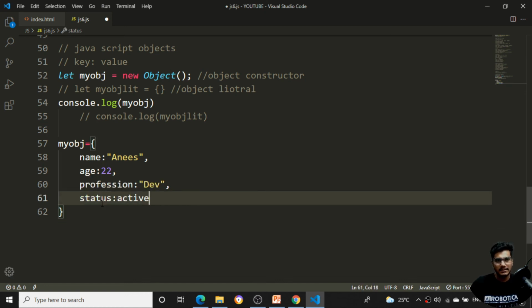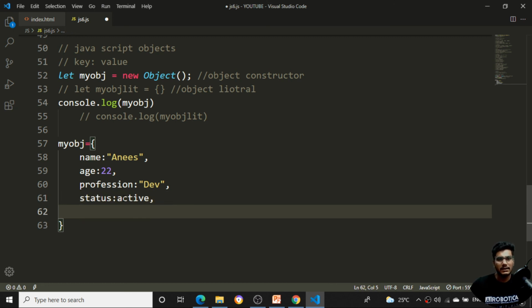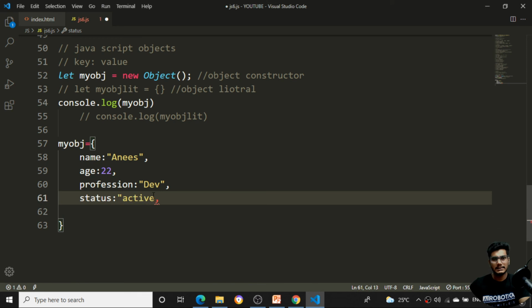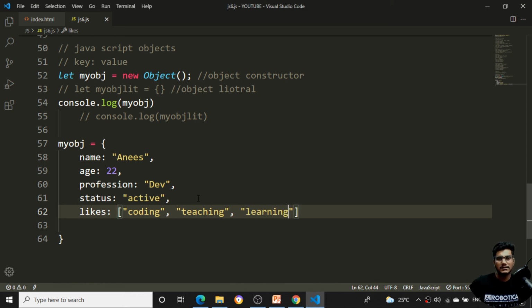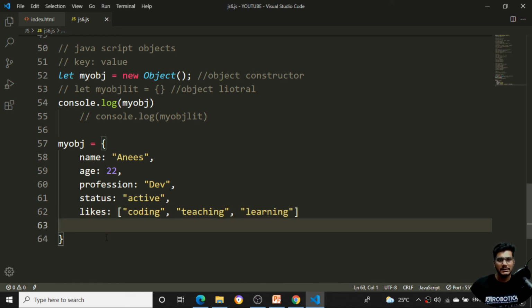Oh sorry, this has already been taken. Okay, now it is working. So status is active. Then what are my likes? I'll write the things I like: I like coding, I like teaching, I like learning. Okay, so I have given all the attributes in this fashion.